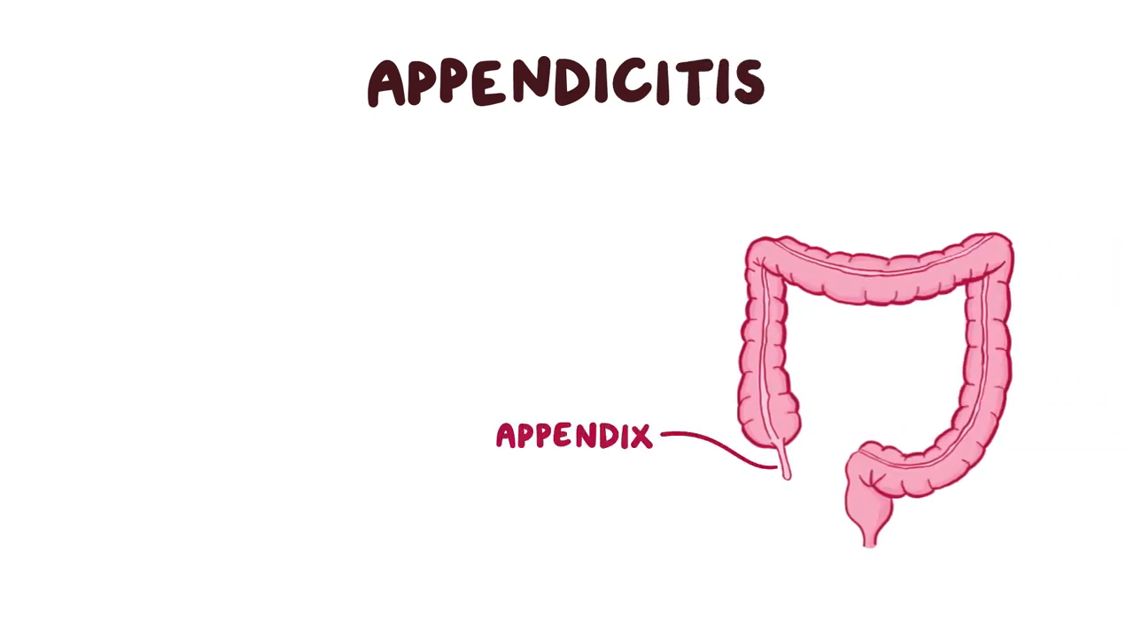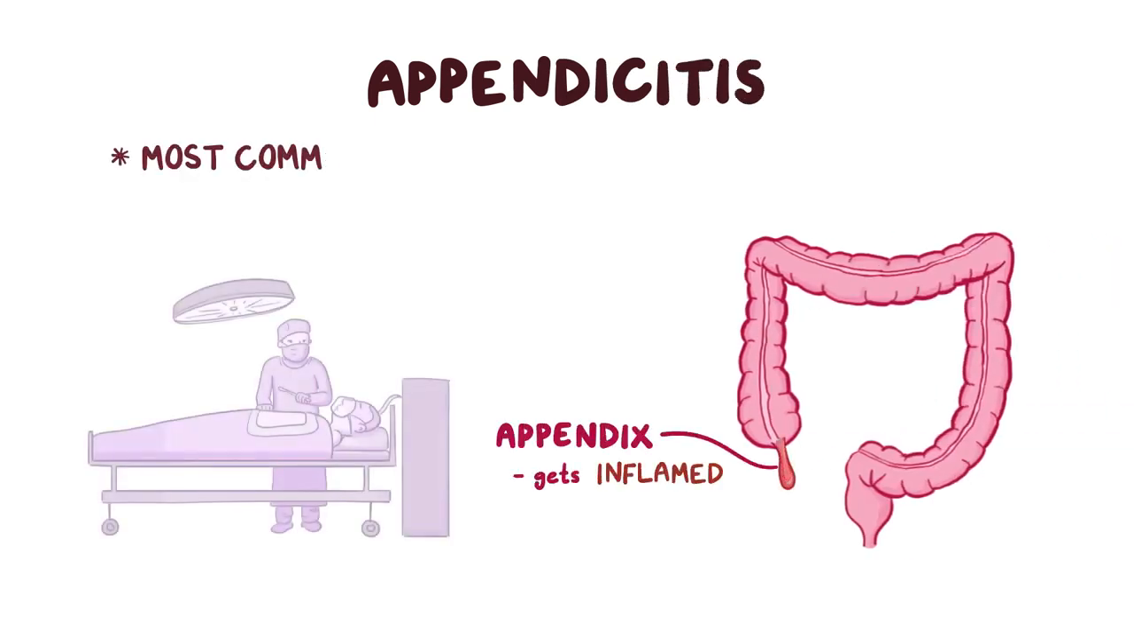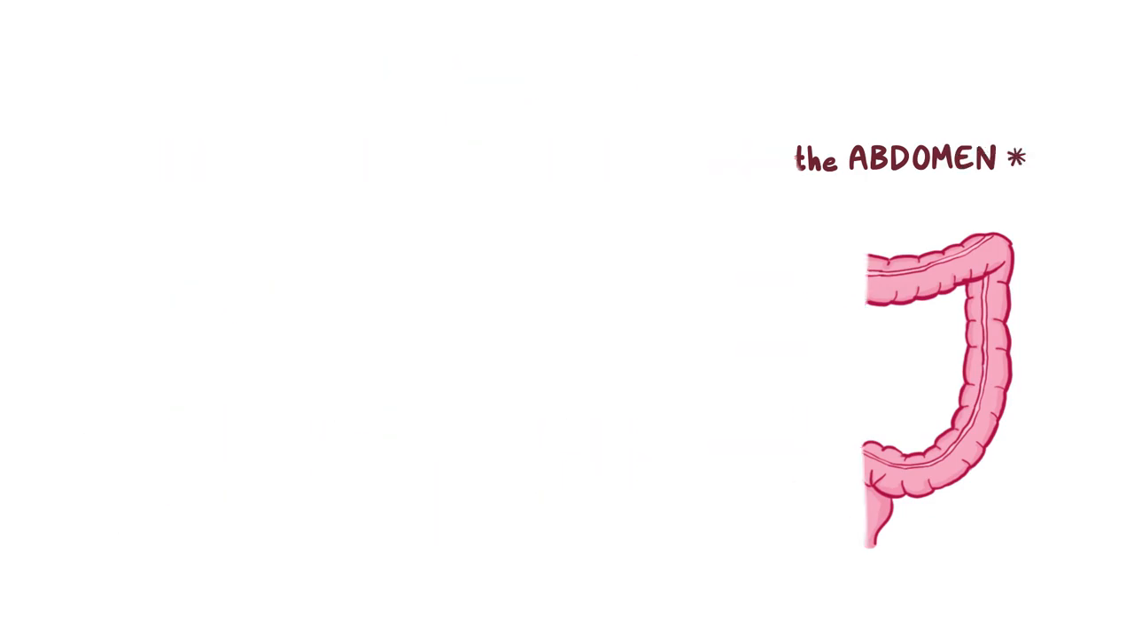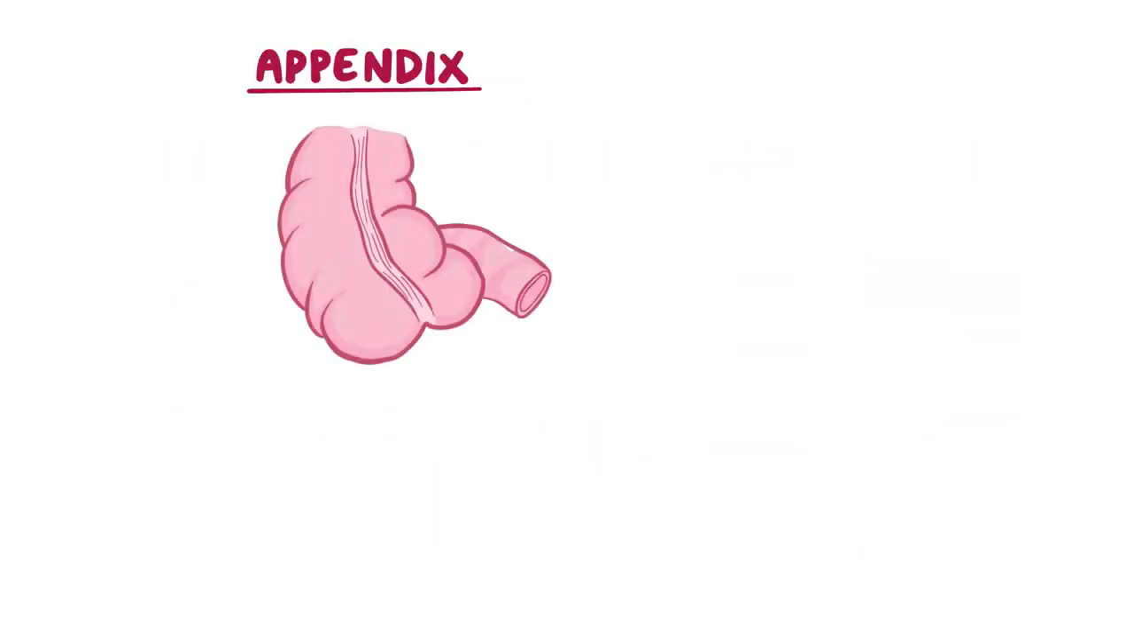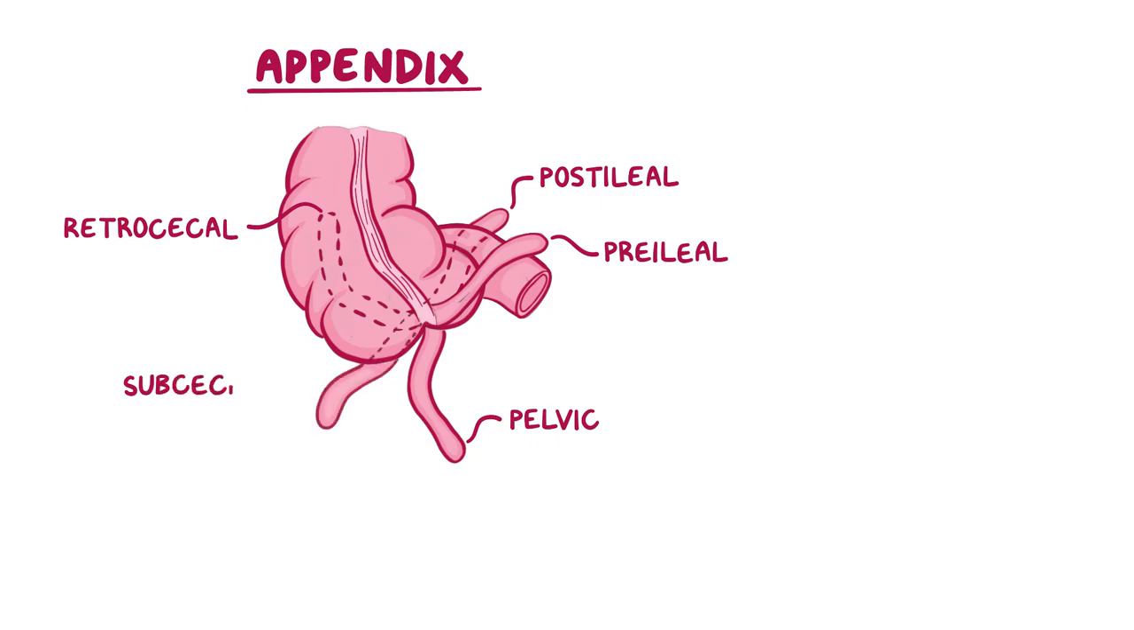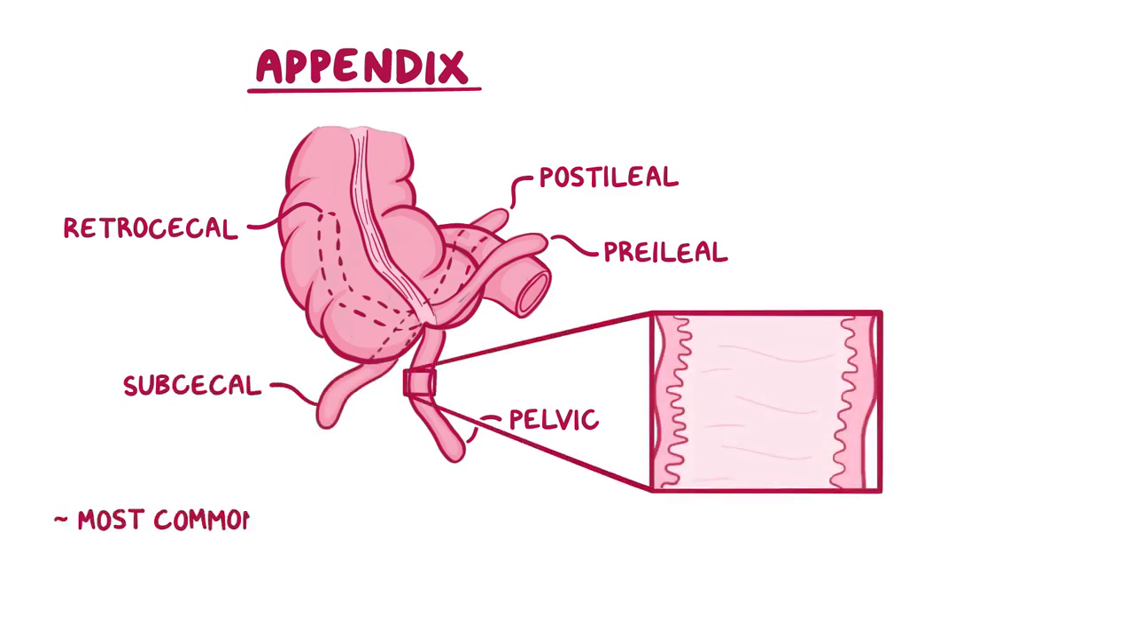Appendicitis is when the appendix gets inflamed, and it's the most common surgical emergency of the abdomen. Normally, the appendix can be found in a retrocecal location, as well as pre-ileal, post-ileal, pelvic, and subcecal. Since the appendix is a hollow tube, the most common cause of inflammation is something getting stuck in or obstructing